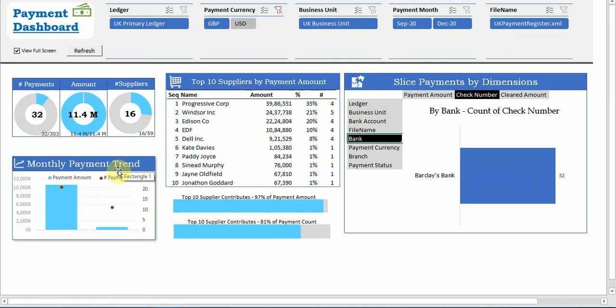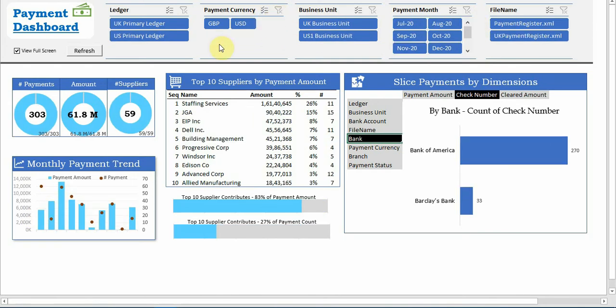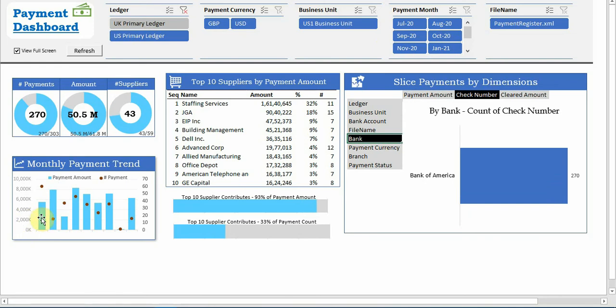As it is demo data, the entire month's data is not there, only September and December are there. But I hope you got the point that you can see this trend and actually plan what your monthly outflow is in each currency. And at the top we see the donut chart, which represents one single value,